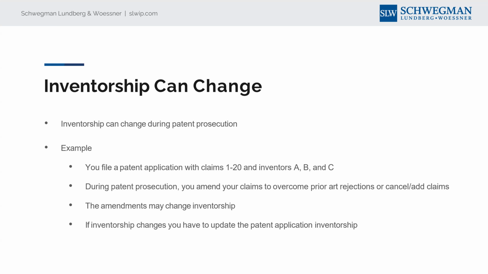Sometimes it's helpful, and I've done this, to create a chart of concepts and assign people to their concepts, just so that you can keep an eye on, during prosecution, what concepts might find their way into the claims, and then see if you need to reassess inventorship. That's especially helpful after you file the application and you're looking at 3 years down the line until it actually gets picked up for examination.